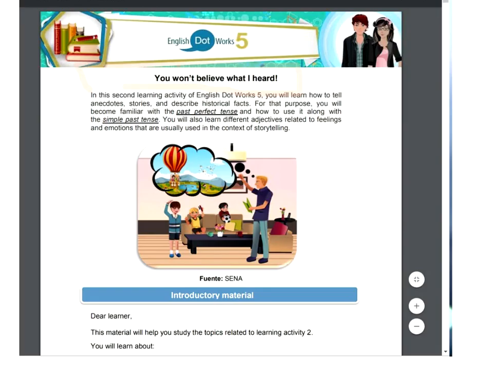So here we go with the first session, which is You Won't Believe What I Heard. It clearly says that we're going to use the grammatical structure past perfect tense in contrast with the simple past tense. So it's basically two grammar structures, past perfect tense and simple past tense. I know you're already familiar with this simple past tense, but maybe you're not really that familiar with the past perfect tense. So on the next